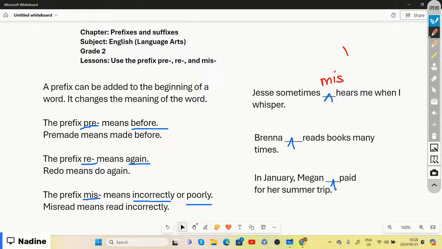All right, so it says Brenna. Do we say Brenna pre-reads books many times? Do we say Brenna rereads books many times, or Brenna? All right, so if we were to choose the correct one, we will say Brenna rereads books, meaning that she's reading it again and again and again, even if the books are old, right? Because re means again. Then in January,